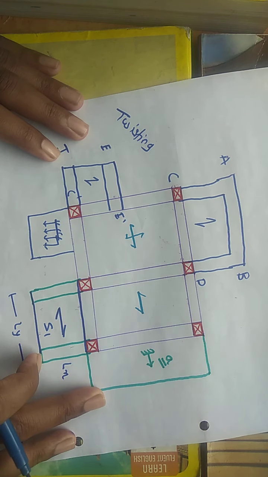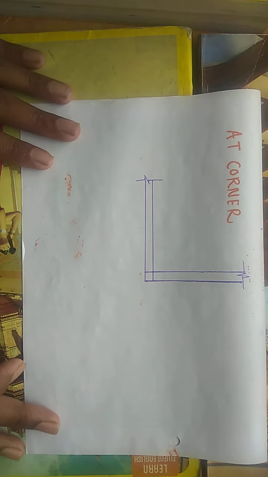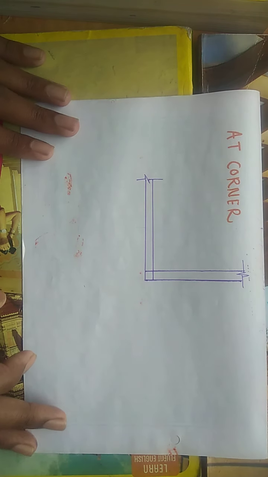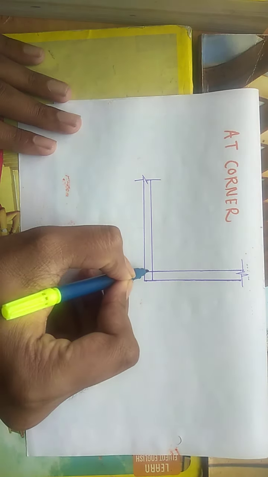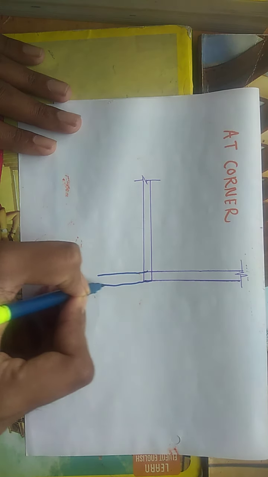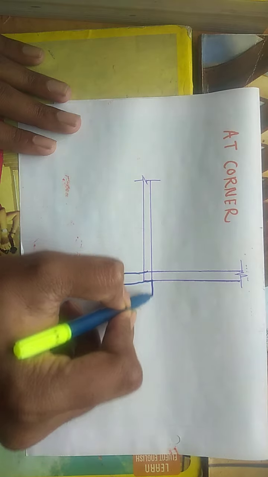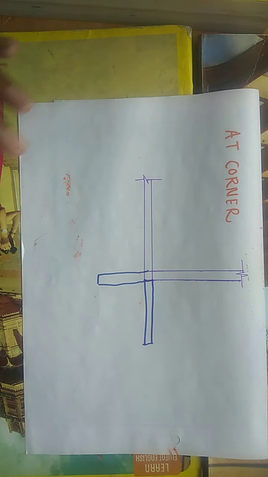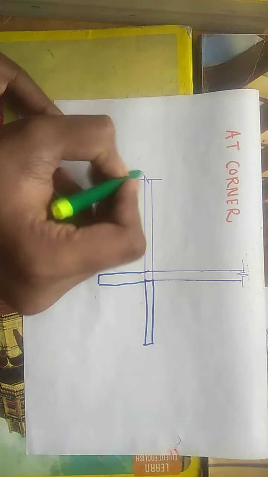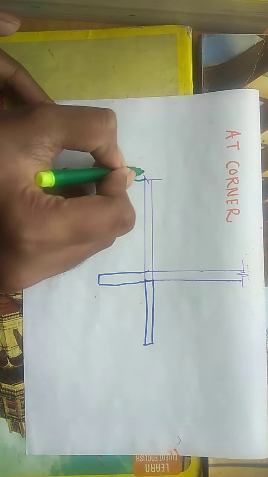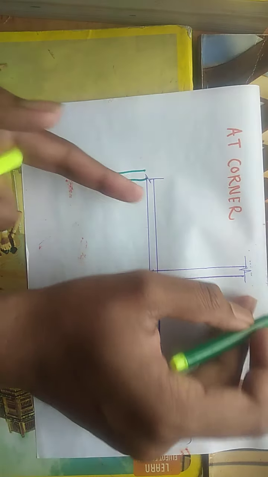Now I have a very interesting case here. Let me present it in front of you. This is the case, that is, if you need to provide the balcony at the corner, there are 2 ways you can do that. First one is extend this beam up to the required length, extend this beam also. Now here there will be a beam at the back, and here suppose there is another beam.